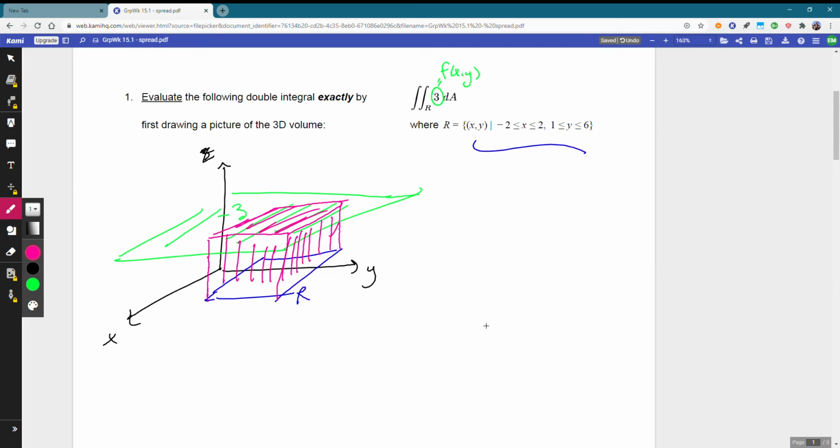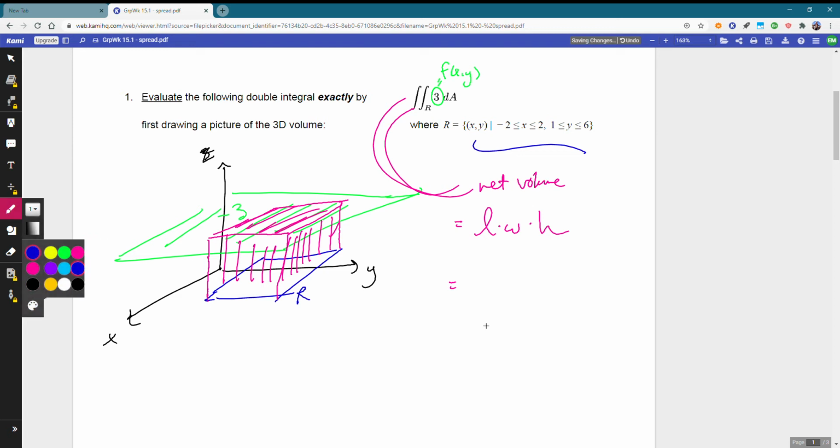And so here, our net volume is length times width times height. And so we can grab our length and width from our description of the rectangle. The x direction going from -2 to 2, and so it's a stretch of 4, and in the y's we're going from 1 to 6, so that's a stretch of 5. And so length times width, we're getting 4 times 5,